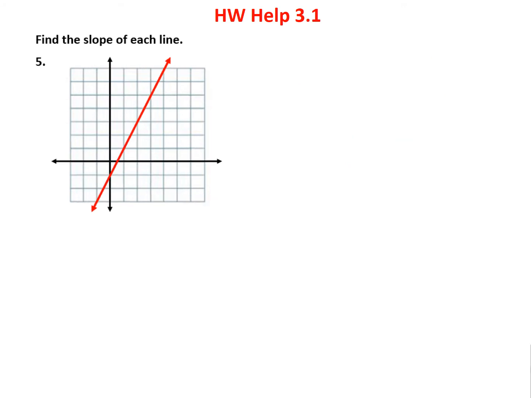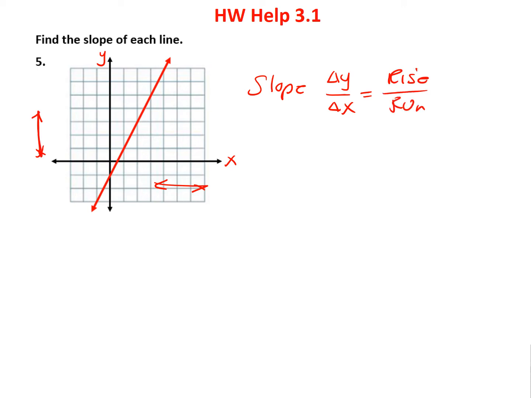All right, find the slope of this one. Again, the slope is the rate of change. It's the change in y over the change in x. Remembering that this is x and this is y. How much does it change this direction? How much does it change this direction? And we often call that the rise over the run, because y goes up and down and run goes to the side. Okay? So what I have to do here is find 2 points where it